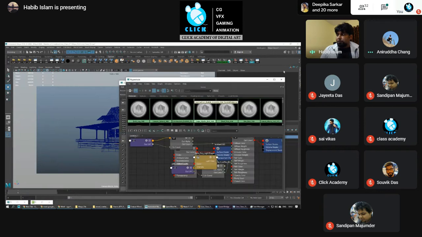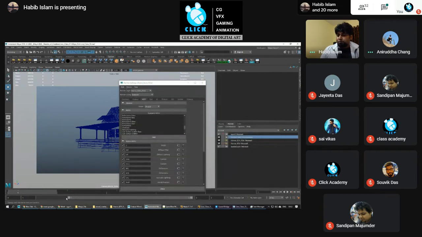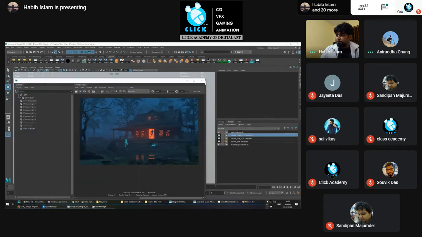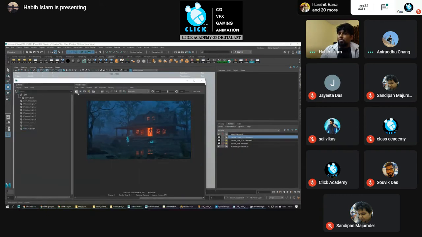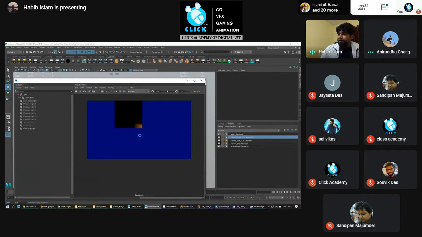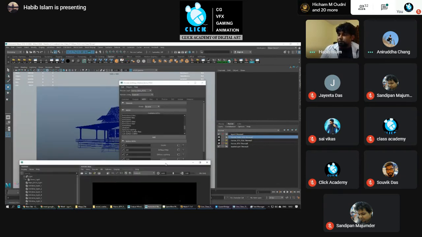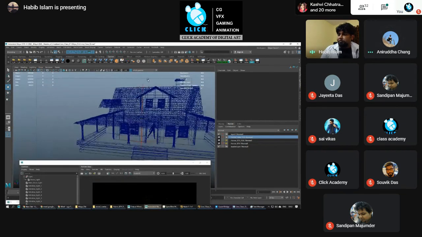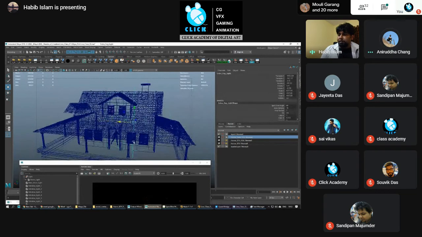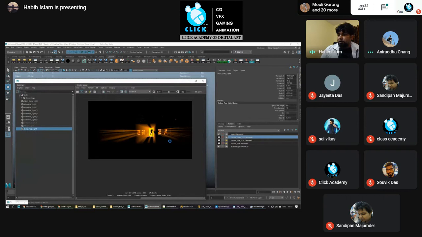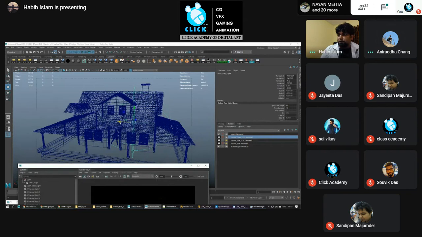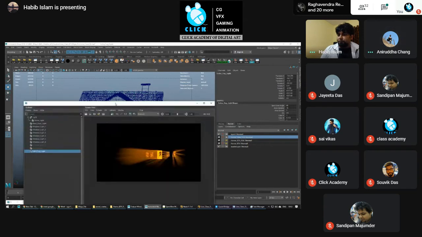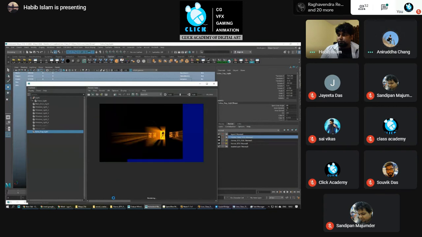Where is the render window? Yeah. So this is my lighting output. Now I'm rendering the extra fog mask. So each and every object in this layer is black only right now, not using any texture information, just with one light. If you rotate the light, you will see the changes in the fog. So this is how I created that fog light.